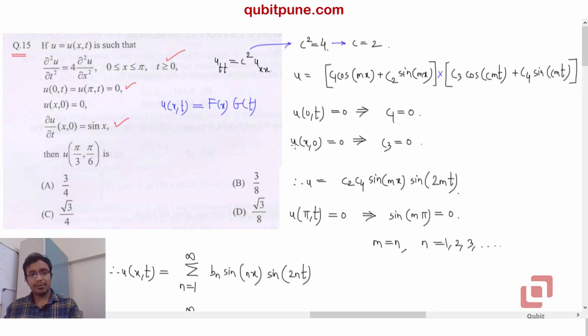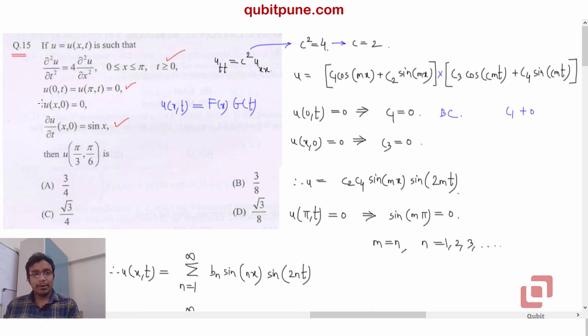So first let us use the first boundary condition, which is u of 0 comma t equal to 0. This means whenever x is 0, no matter what the value of t is, the displacement is 0. Now we shouldn't touch the second bracket here because it is independent of t. So once I let x to be 0, it will give me c1 plus 0, correct, because sin 0 is 0, cos 0 is 1. But if u is 0 for all values of t, it implies that c1 must be equal to 0.